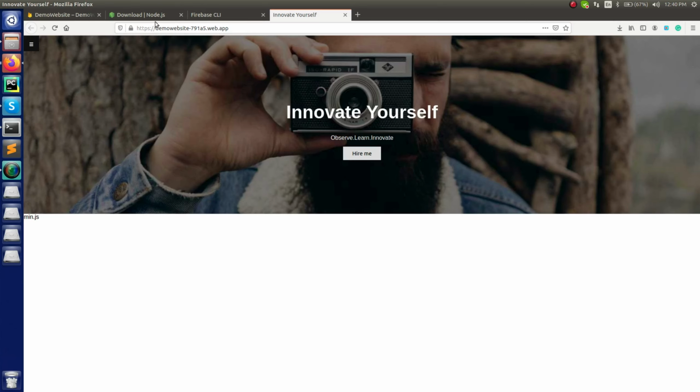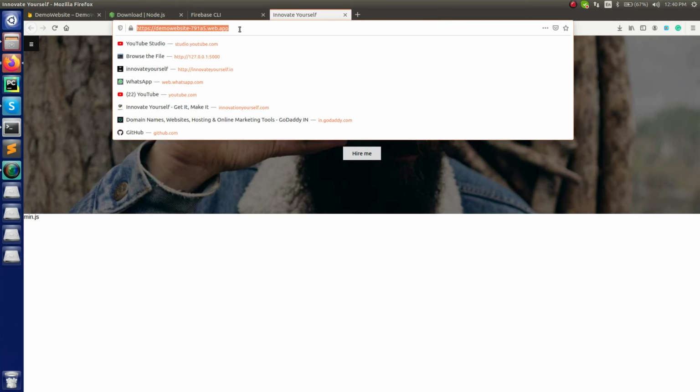And now the next thing is, like here you can see this is a website which I'm able to see over here, right? And the next thing is that I want to point this website to some domain name, or let's say I want to point this URL to some domain name, so that instead of opening it with respect to this, I want to open it with some domain name, and that domain name can be anything which I will purchase from GoDaddy or from any domain or hosting provider, right?